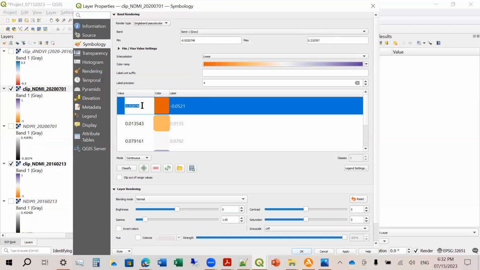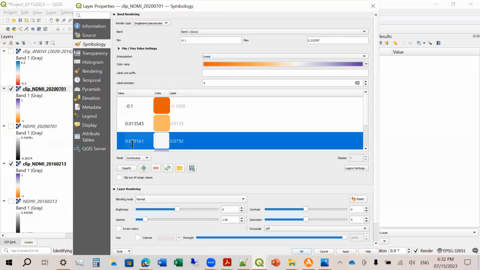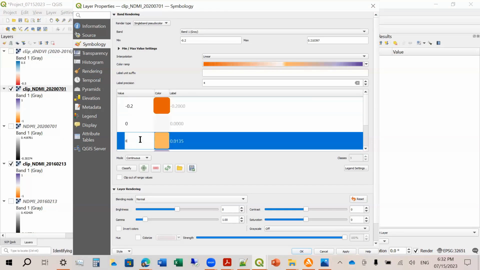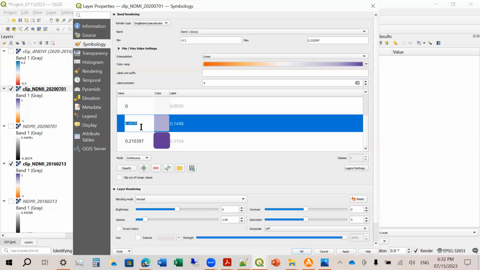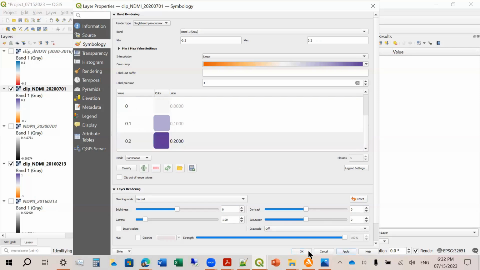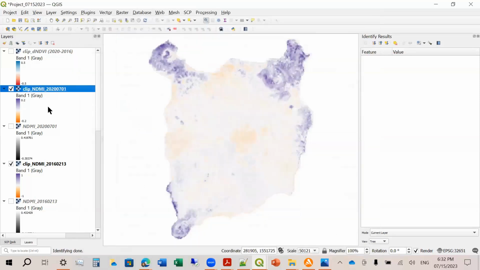So let's say 0.0, -0.1. Again, this should be 0. And then, or -0.2. This is 0. This is -0.1. So you just have to adjust according to the scale that you want to use. Apply. Okay, this one. So this is -0.2 to 0.2.